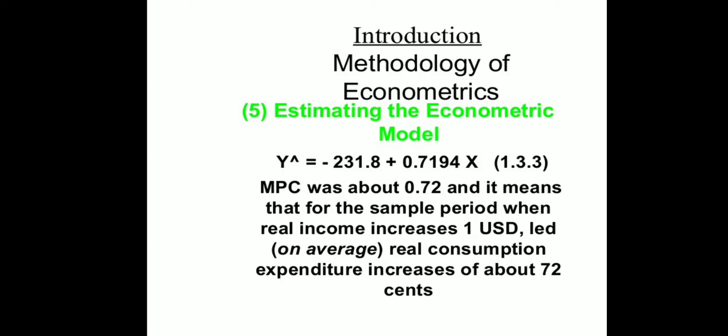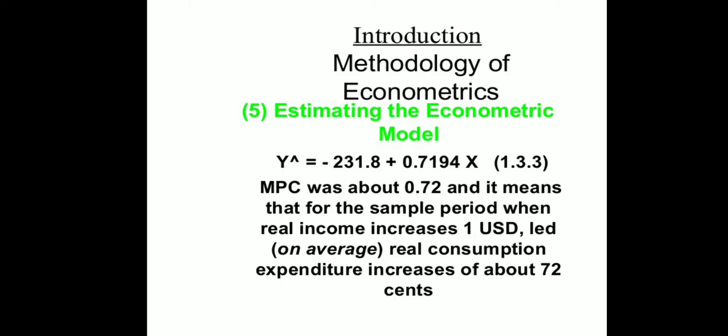Once the values of A and B, or beta 0 and beta 1, are obtained, those values will be replaced in the regression equation. That would be like this: y cap equals minus 231.8 plus 0.7194x. So MPC is